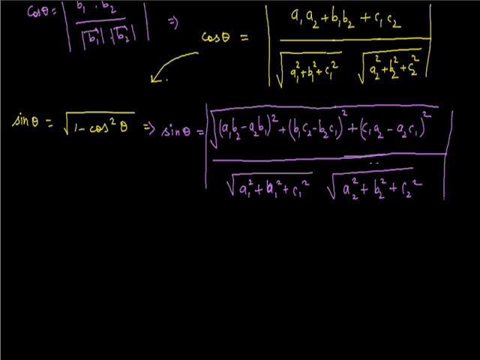So this is the value of sin theta. Now from these above formulas, we need to devise the condition for when the lines will be parallel and when the lines will be perpendicular. So let's say the lines for which we are going to calculate the angle are perpendicular, and what could be the condition?